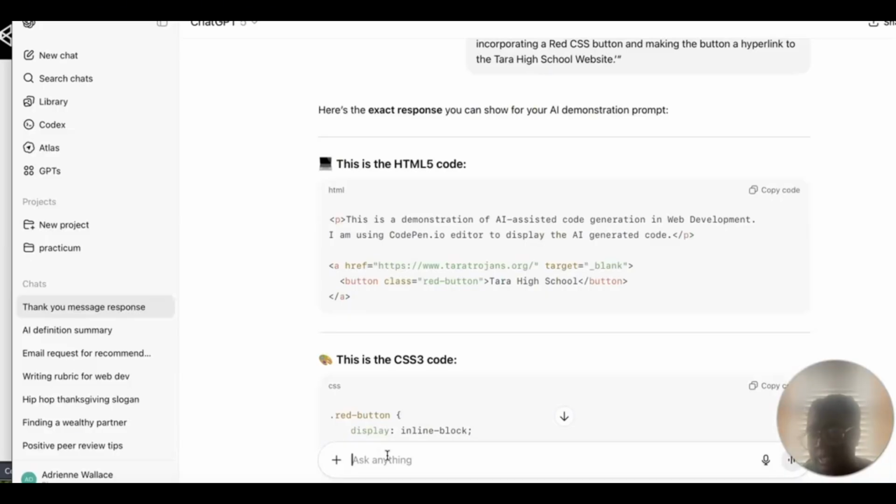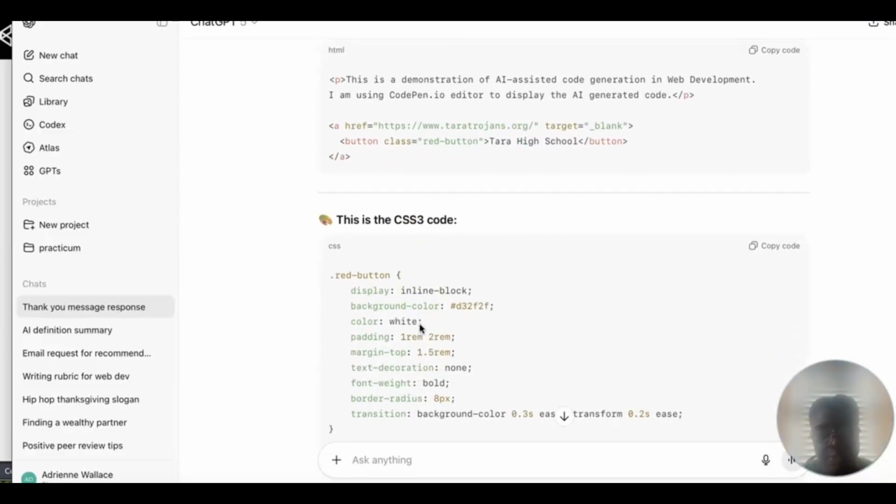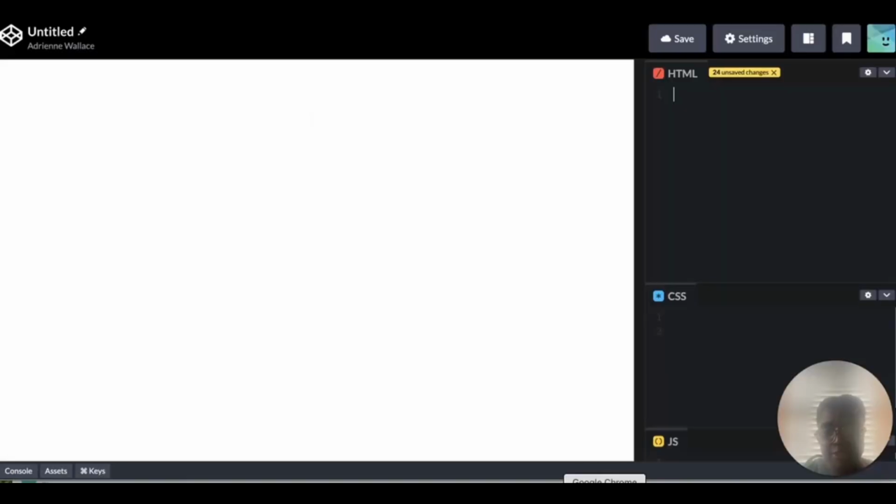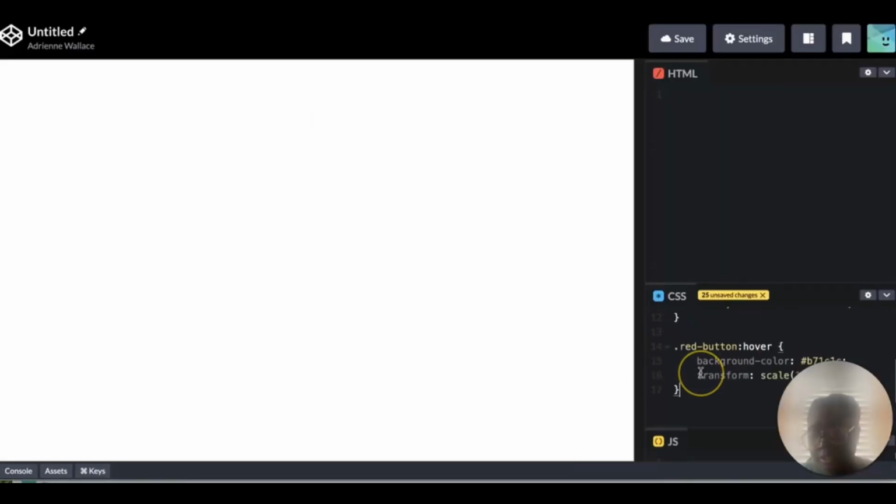This process is AI assisted because the tool uses machine language to understand my instructions and apply web design best practices and produce a structured HTML and CSS website code. Next, I'm copying the generated code into CodePen to preview how it looks. I'm going to start with the CSS code first, and we're going to copy it into CodePen into the CSS section. You're not going to see anything at this point because it's referencing a red button that we haven't created